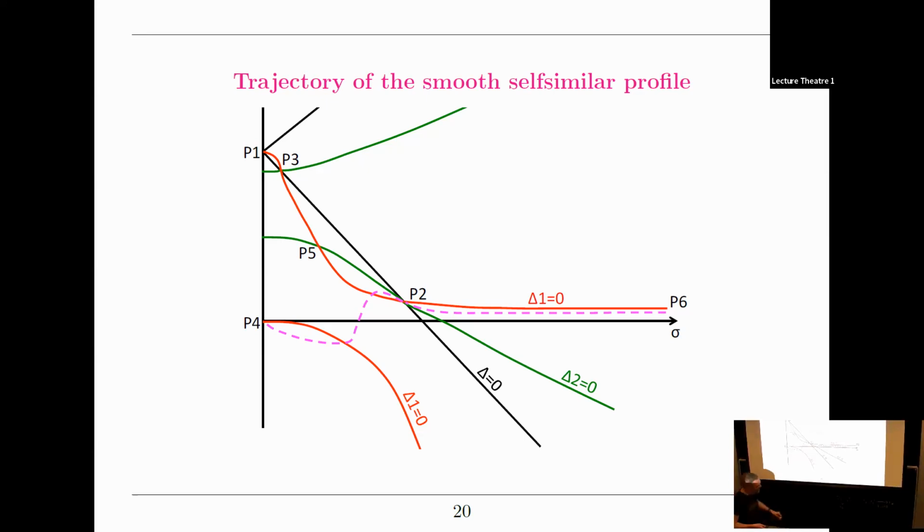In fact, this is the hard part. The hard part is to have full control of the smooth solution on a full interval. The other side is actually easier, because there you just have to work at the boundary of the intervals, where things are easier to control. So I claim that if you are on one of the boundaries, the smooth curve will exit on the right by green. And if you are very close to the other part of the boundary, you will exit red. So by the mean value theorem, there has to be at least one value k where it exactly coincides with the curve going to P6, and then that will be your smooth solution. Okay, I'll stop here. Thank you very much.